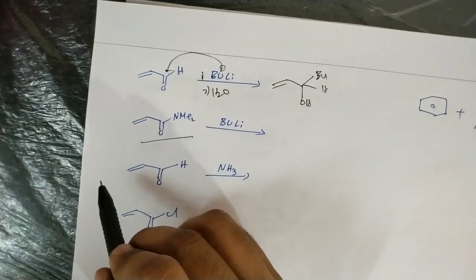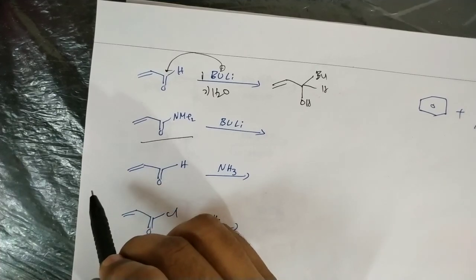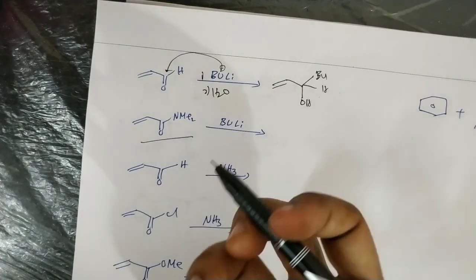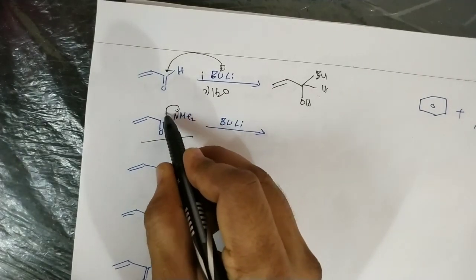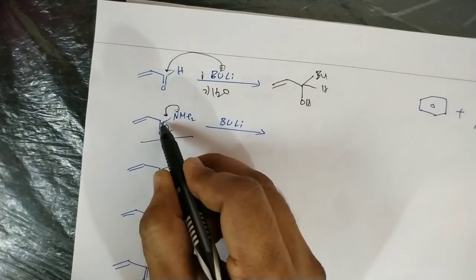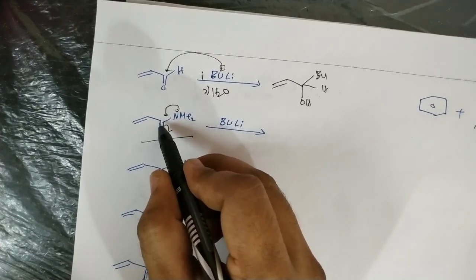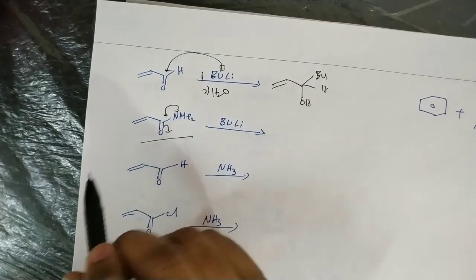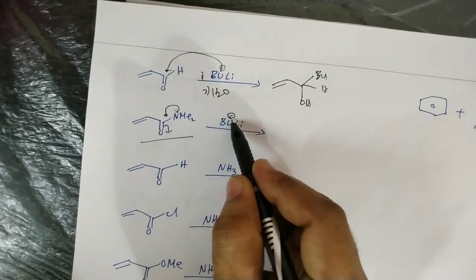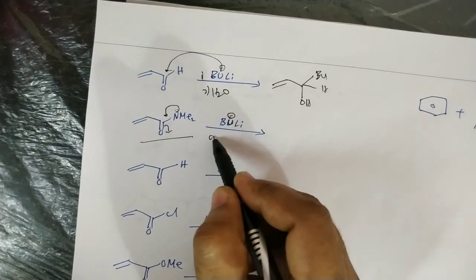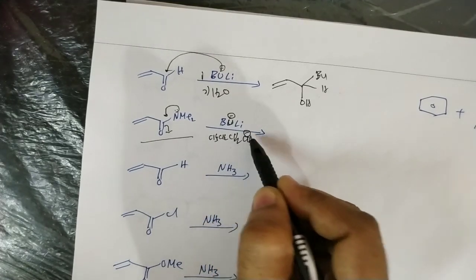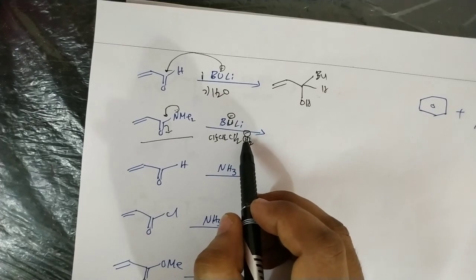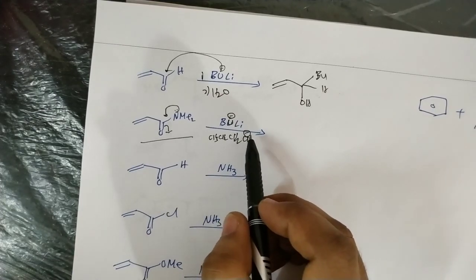Amides are generally less nucleophilic, that means less reactive towards a nucleophile. Here in this case the lone pair of electrons is transferred to this one. So the magnitude of the positive charge is very less, so it is less electrophilic. That means it is a soft site. But here this one has a more negative charge. Butyl means CH3, CH2, CH2, CH2 minus. This one has a more negative charge, that means it is a hard nucleophile.